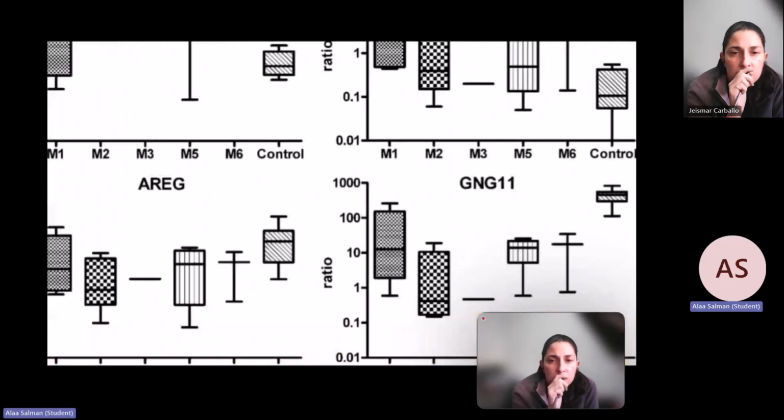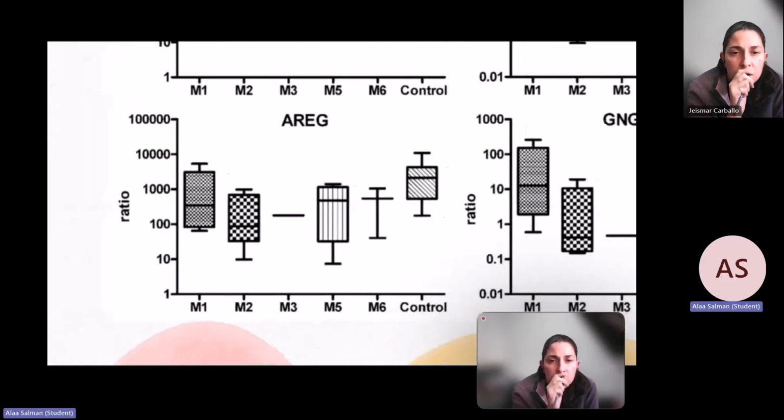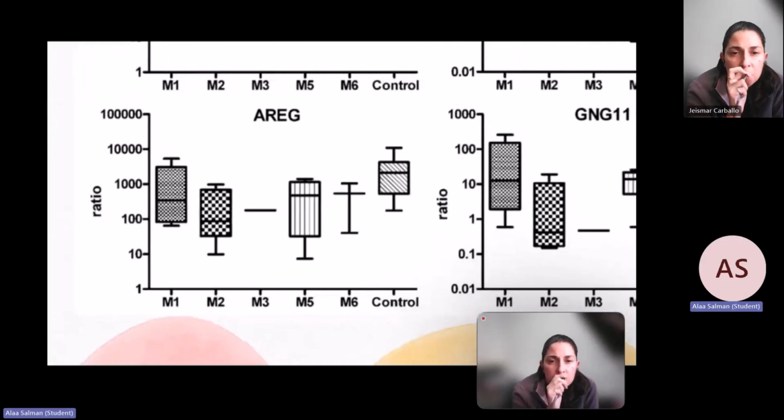Meanwhile, AREG was only significant in M2. To know which is significant and which isn't significant, they looked at the p-value and they looked at it from a statistical point of view. And the only one that was actually significant for AREG was the M2. Therefore, they concluded that AREG can be used to distinguish between M2 and